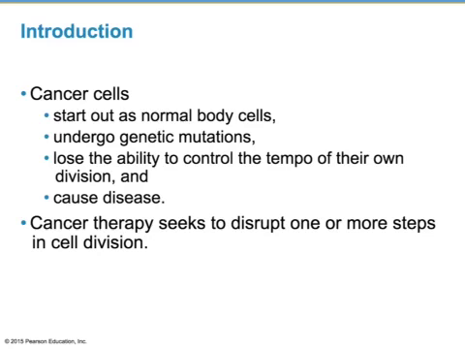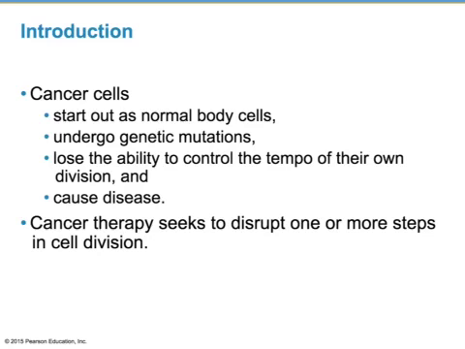If you don't know anybody who has cancer or has had cancer, then you are pretty lucky. Cancer cells start out as normal body cells. They undergo genetic mutations, and then they lose the ability to control the tempo of their own division. So they are going to do cell division uncontrollably. They go crazy, they go wild by doing cell division over and over again, and then that can cause